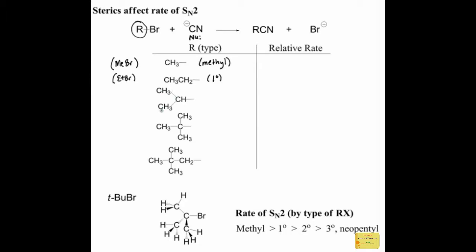How about this next one? What do we call the group when you have a 3-carbon chain and you have an attachment at the middle carbon? That's one of the common names for the propyl groups. This is the isopropyl group. So a common name for this would be isopropyl bromide. And isopropyl bromide is a nice example of a secondary carbon bearing the leaving group because this carbon has 2